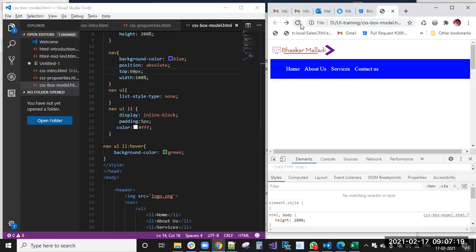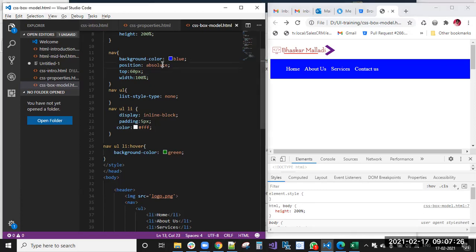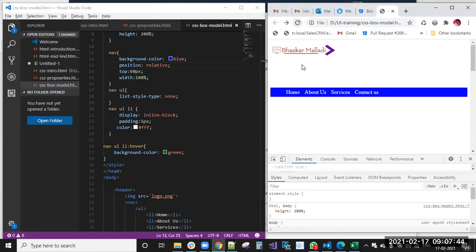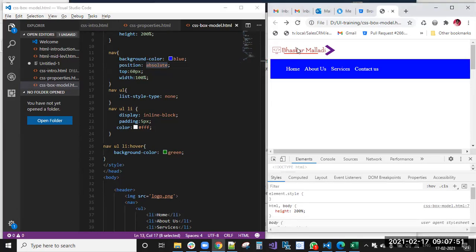So this is position absolute. Position relative means from the logo it will move down 60 pixels actually. Position absolute, you can see the difference from relative. Absolute means from the document, or from the relative position. Here, that image is not a relative position, right? So it is following the document position. Now you can see that from the image it moved down. If I'm applying the position absolute, it means from that document it moved down, 60 pixels.